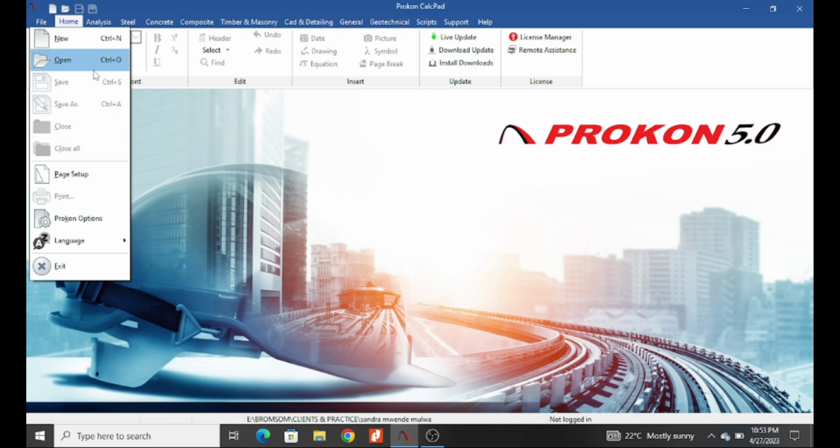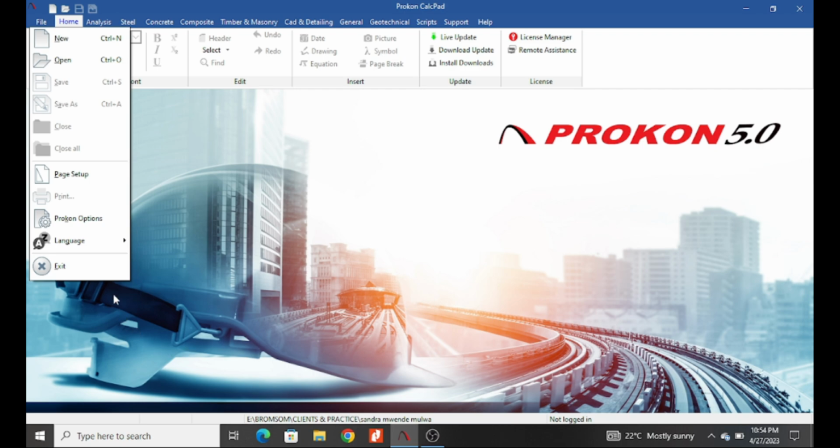These ones will become active once we have a project running. But because we have not yet started working, we don't have any ready project running. So we cannot save anything or close because we don't have anything running. And then you can also set up your page from here or print your work using this icon.